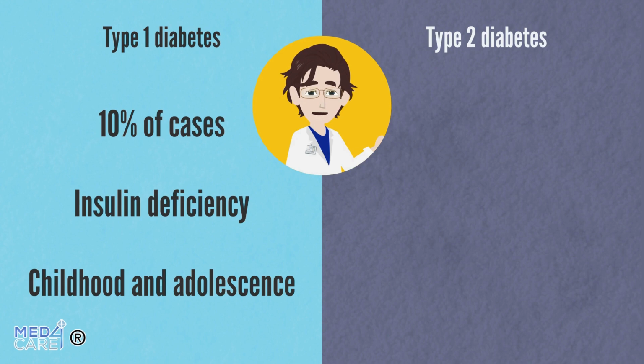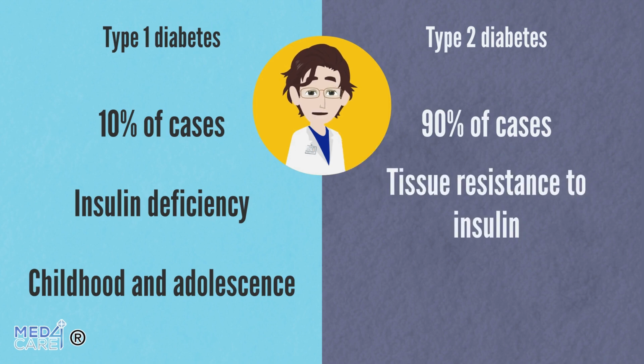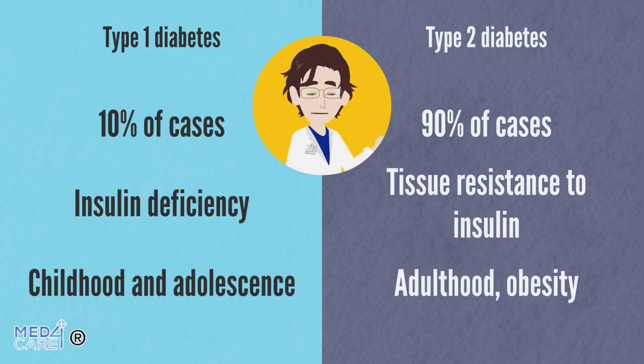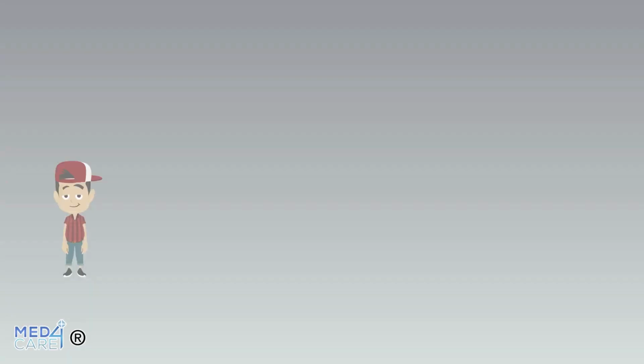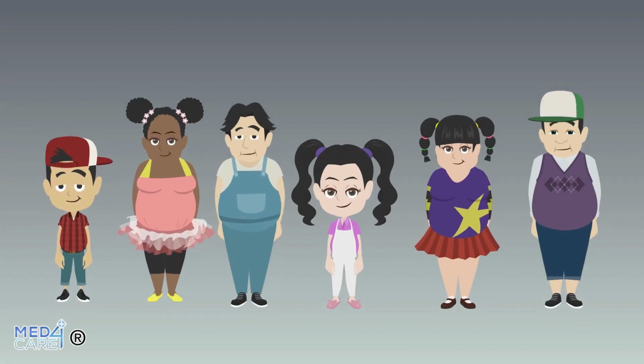Type 2 diabetes mellitus accounts for approximately 90% of cases. At the basis of this form there is a combination of tissue resistance to insulin and inadequate insulin secretion by pancreatic cells. This form of diabetes is associated with a strong genetic predisposition. It is more frequent in adults and is associated with other metabolic alterations such as obesity. In recent years, consistently with the increase in childhood obesity, it is also becoming increasingly frequent among children.